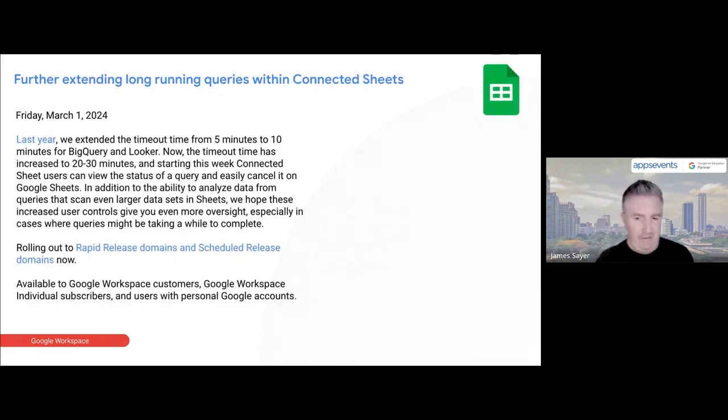Paul, this is the one for you. Long-running queries within connected sheets. Last year, Google extended the timeout time from 5 minutes to 10 minutes for BigQuery and Looker. So this is when you post a very complex query and it takes a longer time. Timeout has been increased to 20 to 30 minutes, and for connected sheet users, so if you're using connected sheets to interact with BigQuery,